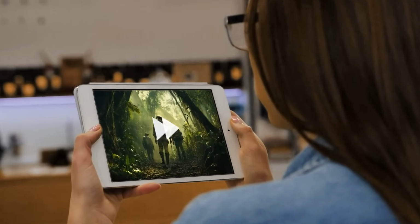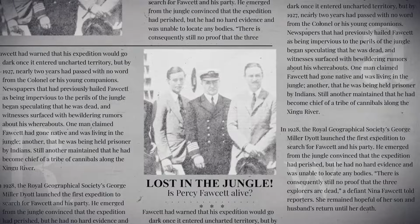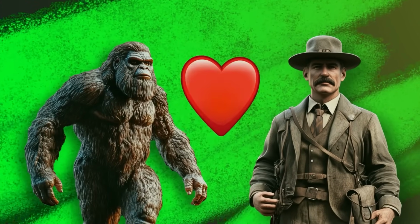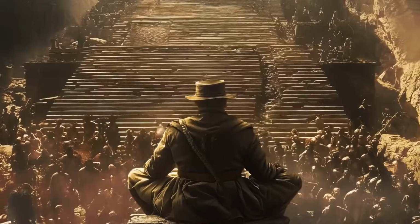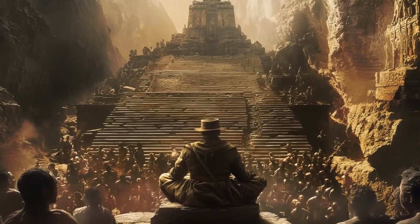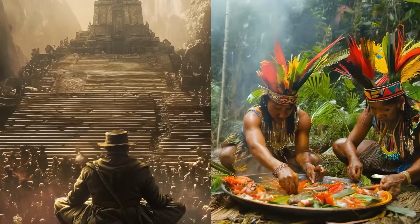Okay, that was intense, so let's fast forward. 2 years later, the newspapers were still speculating whether the trio could still be alive, and Fawcett became a legend, like Bigfoot, but less hairy. One guy said that the colonel had become one of the locals and was living his happily ever after in the jungle. Another guy said he was held prisoner by the Indians, but no one could confirm any of these